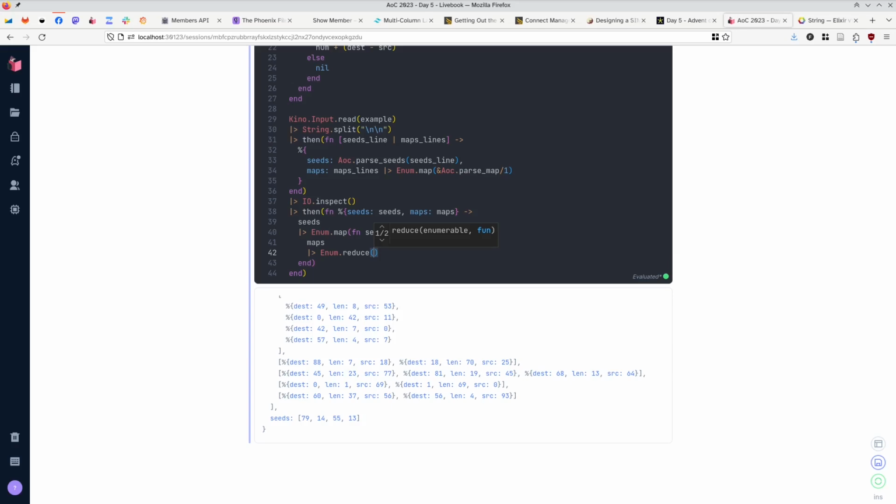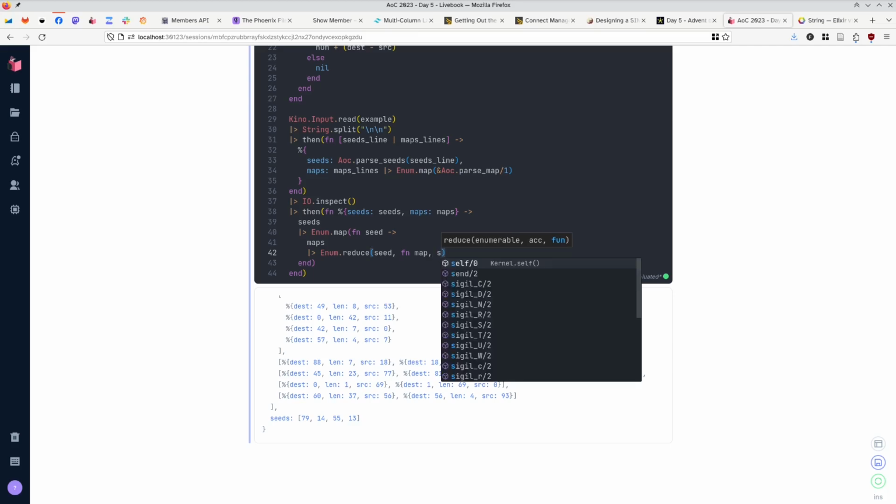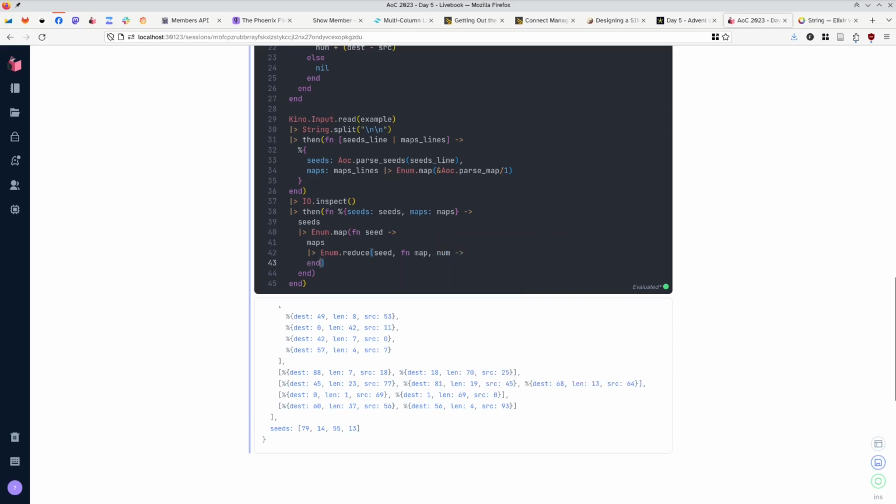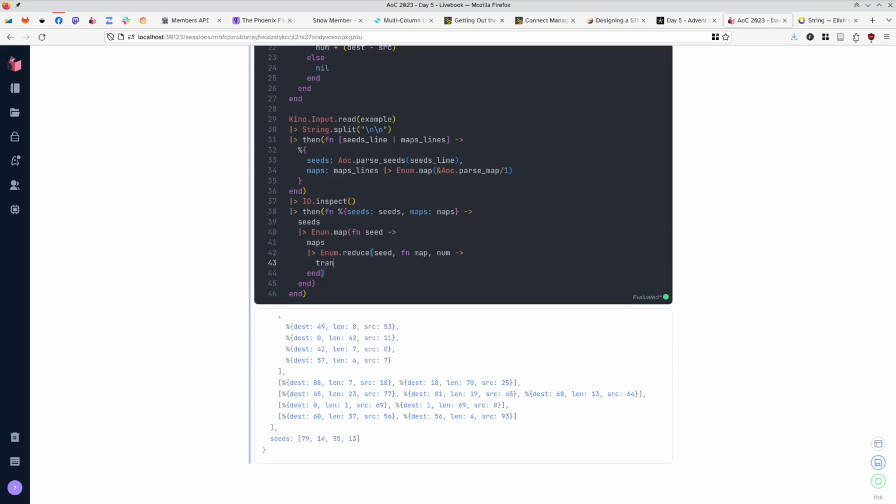We're going to be using the second version of reduce that also lets us specify an accumulator. And the accumulator starts off as seed. Then we're going to have a fn, we're going to have the map, and it's the number. We're not calling it seed here because it's only a seed on the first map. After the first map, it will be a soil, and then it will be a humidity, and so on. And here we're just going to do AoC traverse